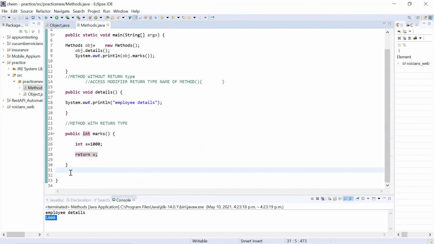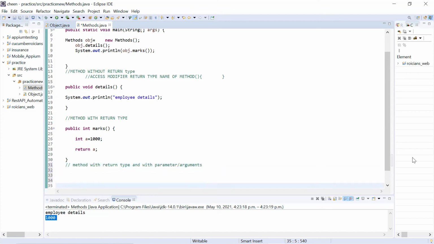The third variation of method creation is, the third type of method creation is, you can create a method with return type and with parameters, arguments. Let's see how we create this.